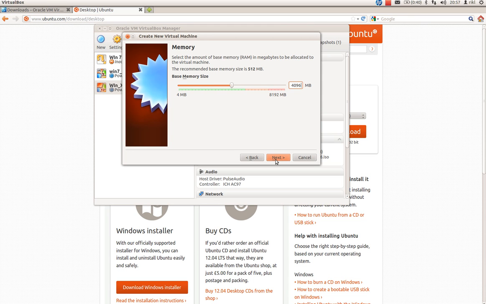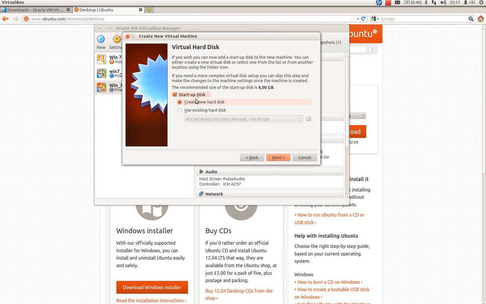If you would like to make an analysis maybe in Ubuntu, so you would like to download a special Linux version of your program, maybe you should increase that, but stick with that area, so don't go beyond this area here, as the color suggests. So we will click on next. We will create a new hard disk. That means that you would like to create a new partition, maybe something like that,